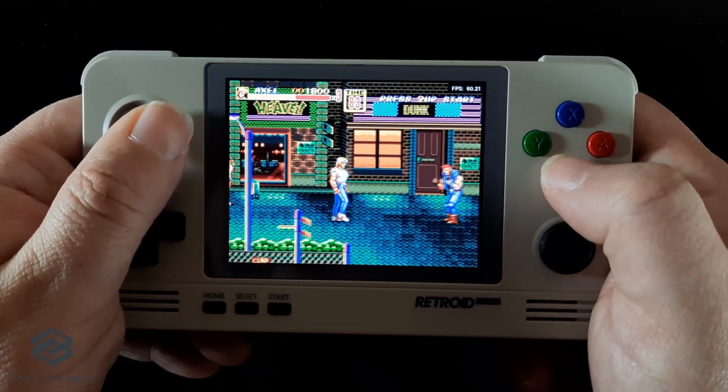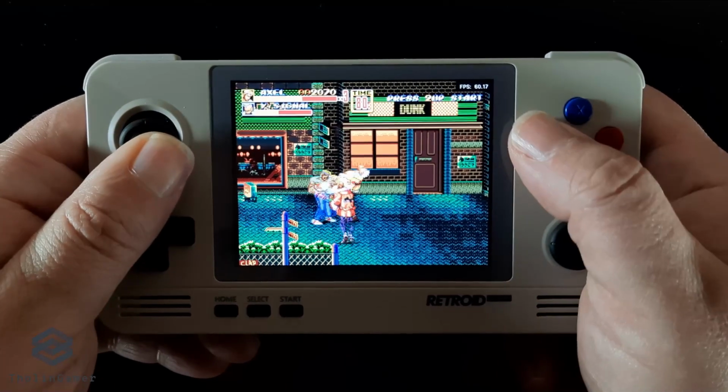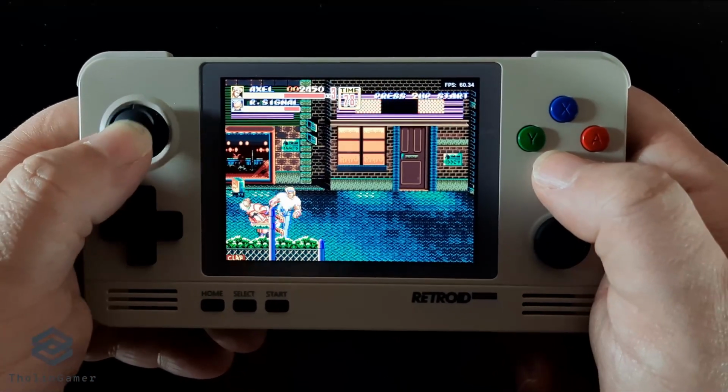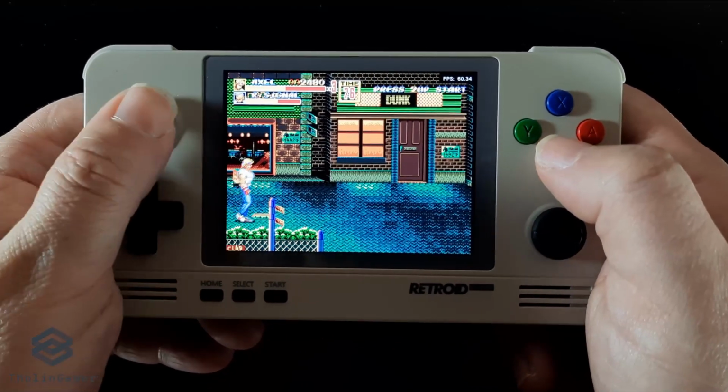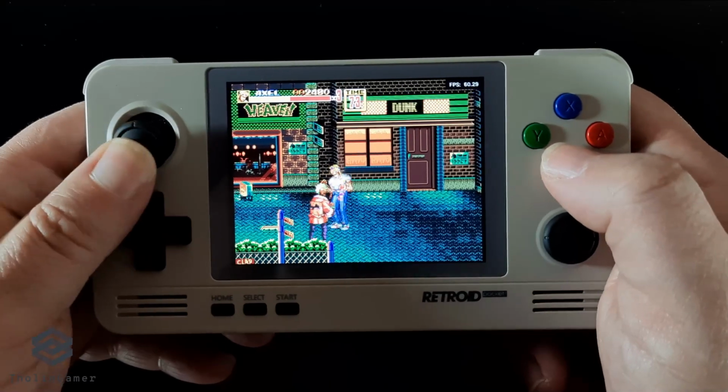It is regarded as the best entry of the series, a series that is still strong today, as we saw with Streets of Rage 4 released for various systems in 2020, and it is also considered as one of the greatest video games of all time.